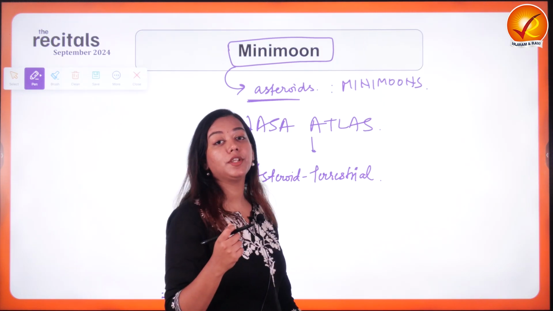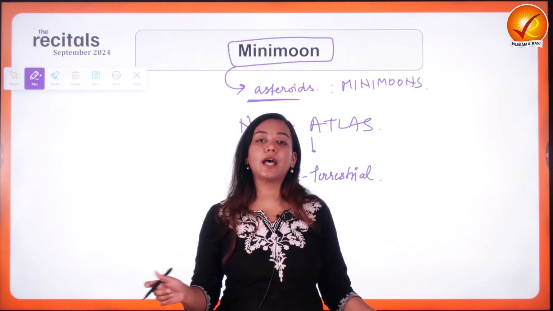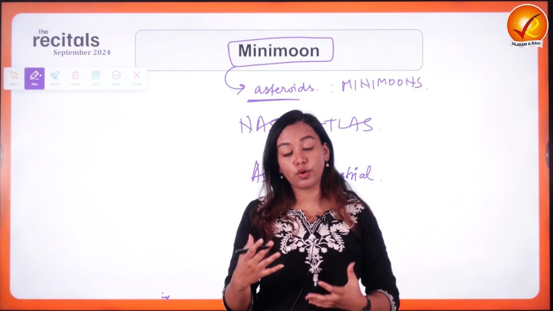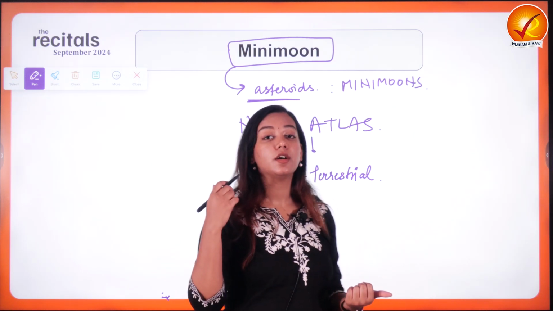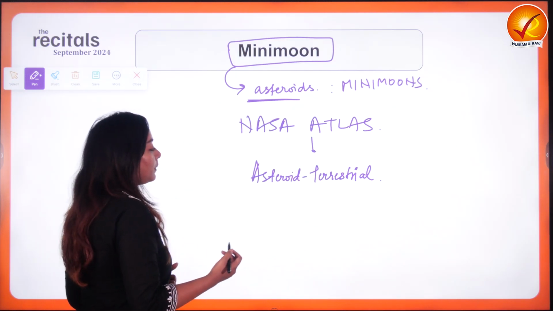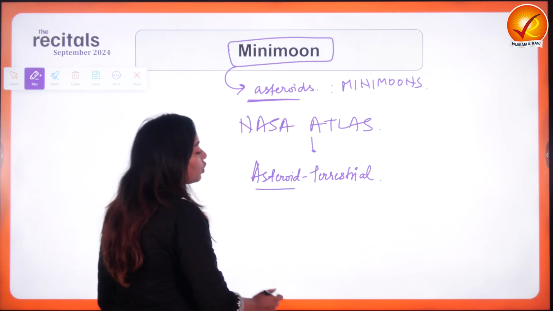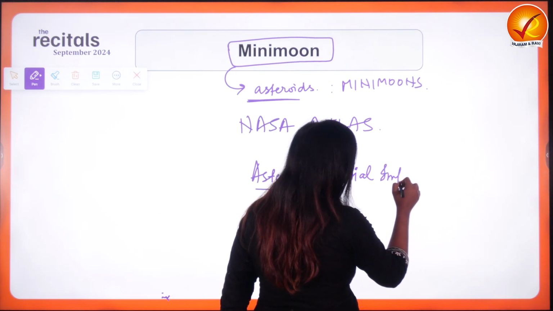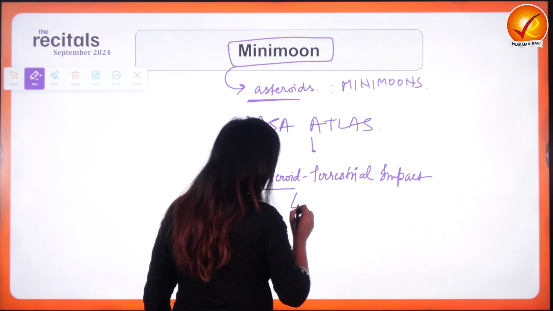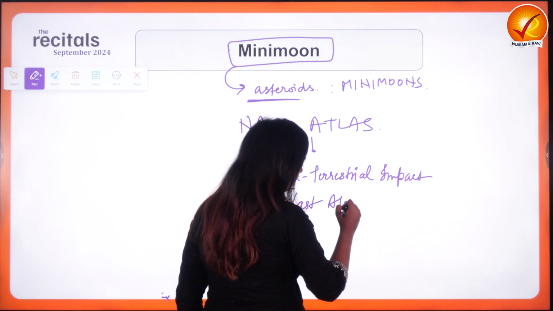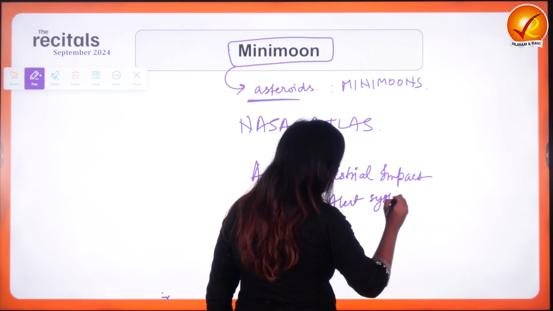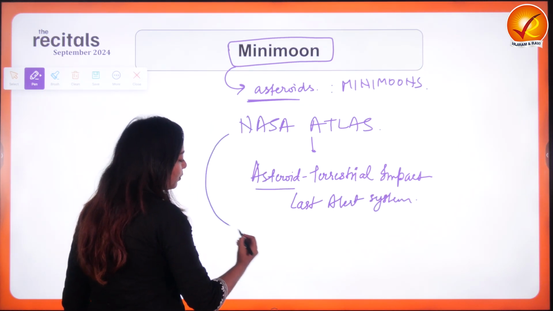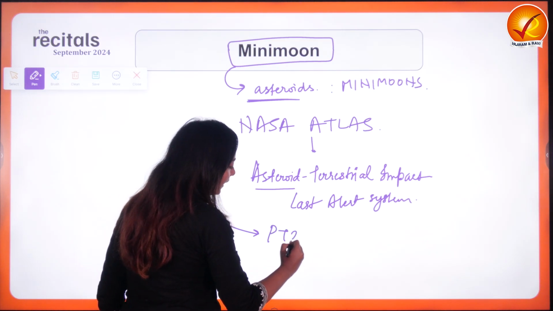Because the last time when an asteroid hit us, we knew that the entire footprint of dinosaurs was removed off the Earth. That is the impact, and the Earth also took a lot of time to show recovering signs. So therefore, that is the possible implication of an asteroid attack on us. So to gauge the asteroid terrestrial impact as the last alert system, a mission that is deployed by NASA has recently captured the potentiality of PT5